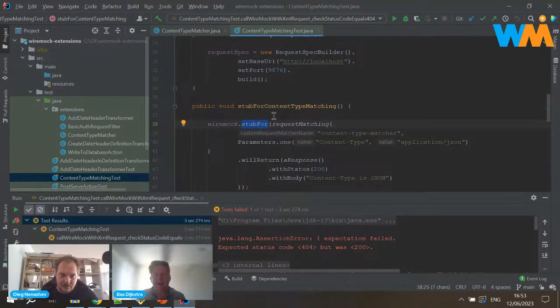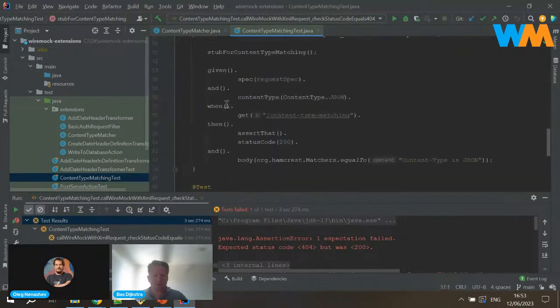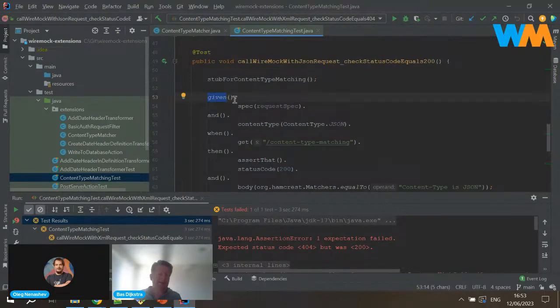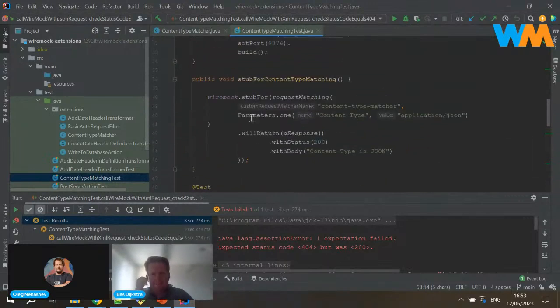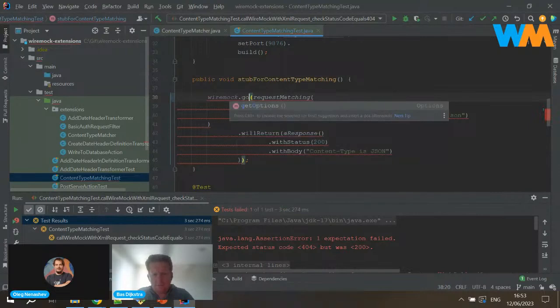So this is one way to do it. I'm writing all my mock definitions in Java, which is where these stubFor calls come in. And I think there's an alias method for this, I think it's called given, but I'm not sure. I always use stubFor because otherwise it gets me confused with the REST Assured given. Oh, given that. Okay, so not entirely confusing, just almost confusing.